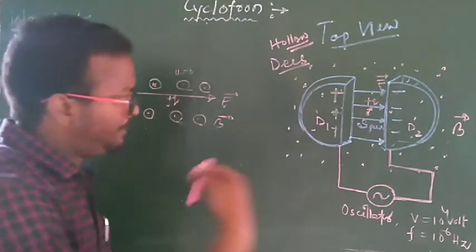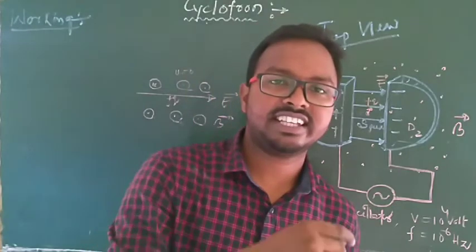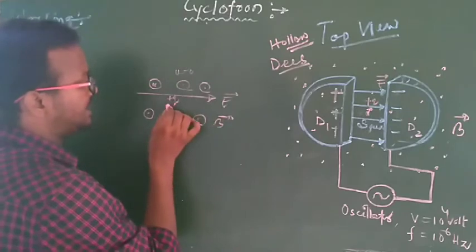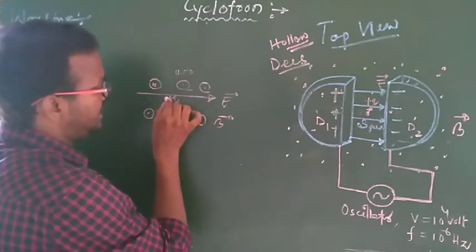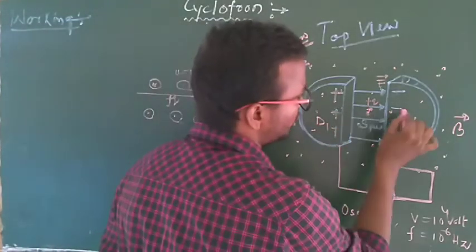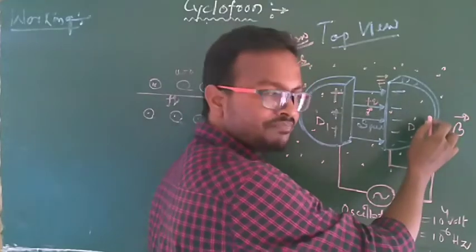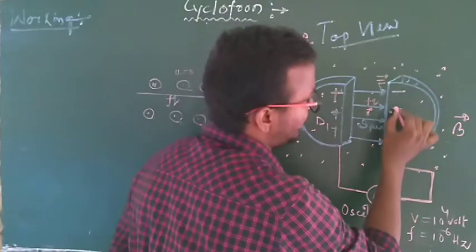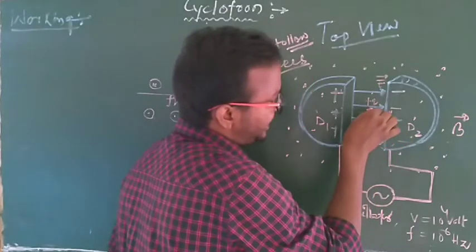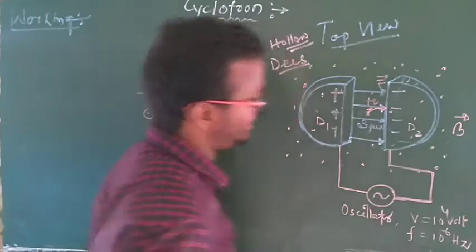We know if we place a charged particle inside a uniform magnetic field or inside a uniform electric field, for the electric field the charged particle experiences a force in this direction. This charge is positive, so it experiences a force towards the second disc, D2, because it is initially connected with the negative terminal, so it is attracted and enters in the direction of the electric field, because this is a positive charge.